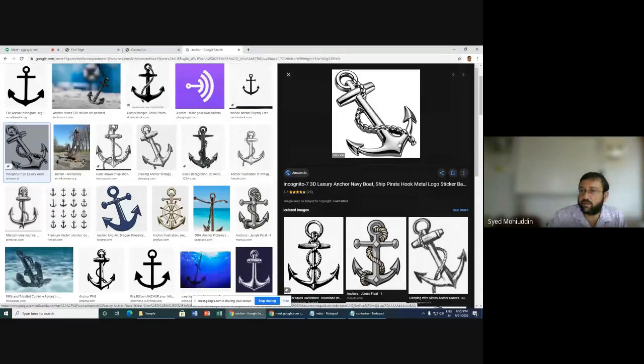Why? What is this symbol? What is this image which I am presenting? This anchor image. This anchor is used in ships, to stop a ship, as somebody has said, or it's also used